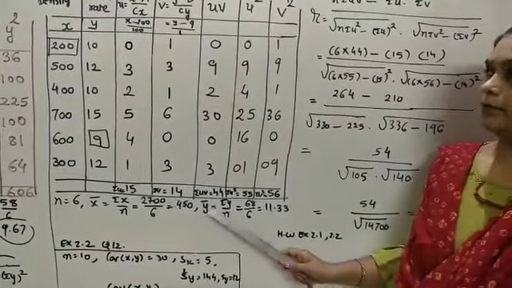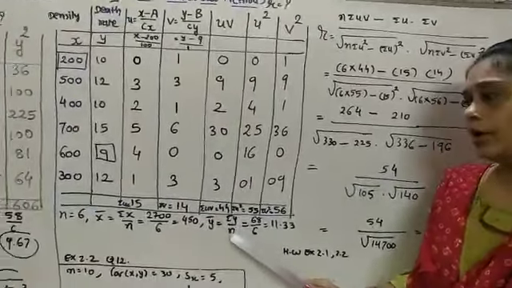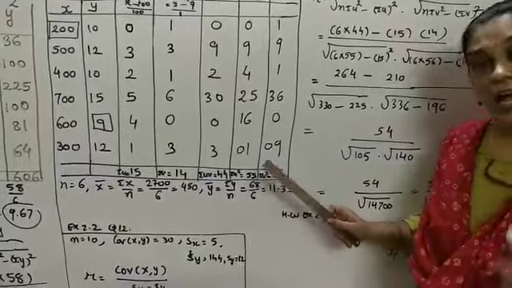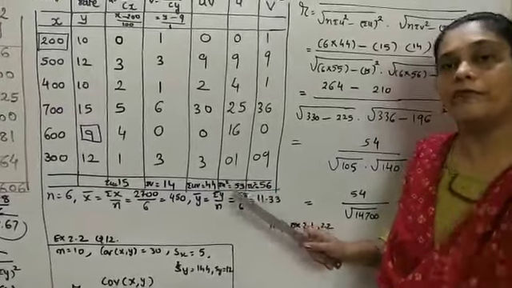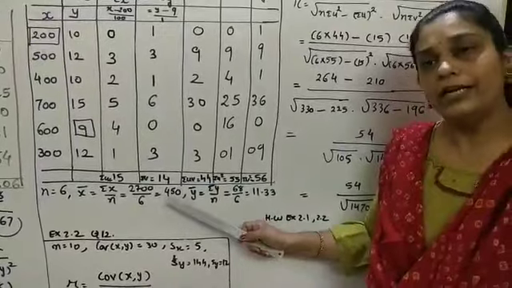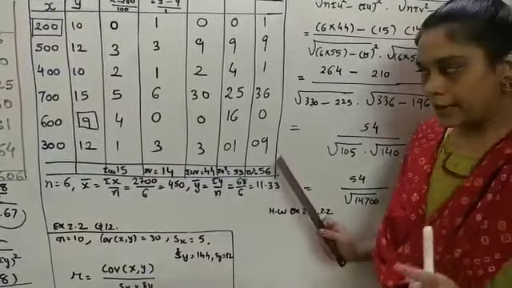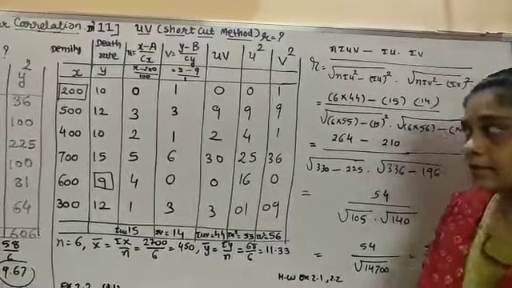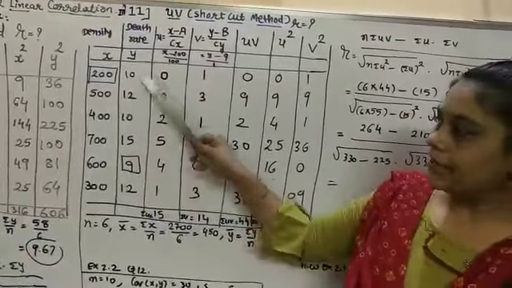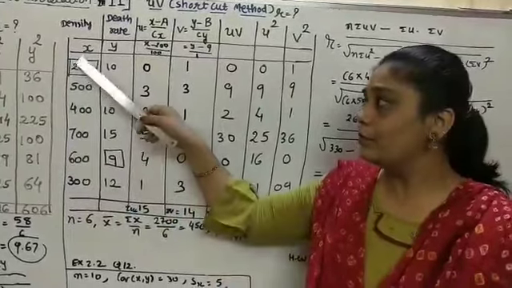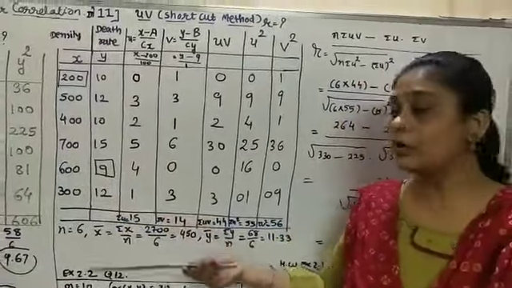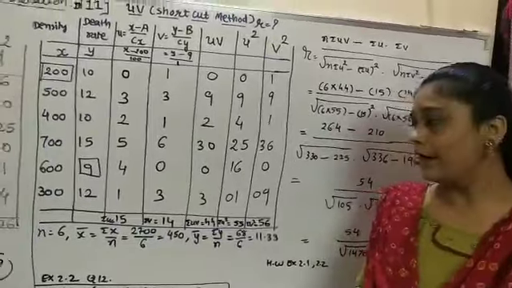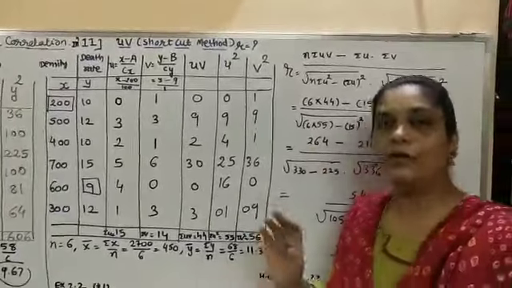Let's find out y bar. Sigma y upon n. Sigma y means the summation of the second column, that is 68 divided by 6, 11.33. These are the two answers where I have to take a decision which formula will come. Here 450 is an integer and here a decimal point. There is a clue. I'll go for UV, plus another clue. See the figures. These are small, but these are very big figures, from 200 to 700 and all. So I would go for which method? UV method, which helps me to reduce the value of the sum.